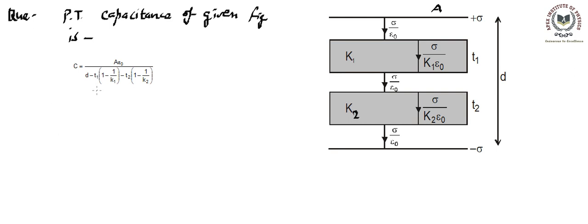I hope you can prove it just following the concept that you just learned. You need to write the potential of this entire arrangement, then you need to find something over here, and then it has to be related to this Q, and then you rearrange it and find the value of C by comparing Q is equal to CV. So you just try and prove it. If you are able to prove it, write in the comment section that you have done, and if you are not able to, then I'm going to prove it for you.